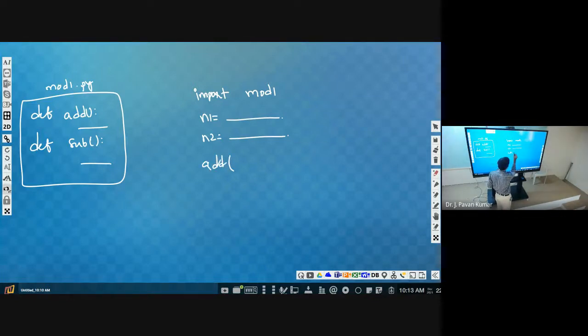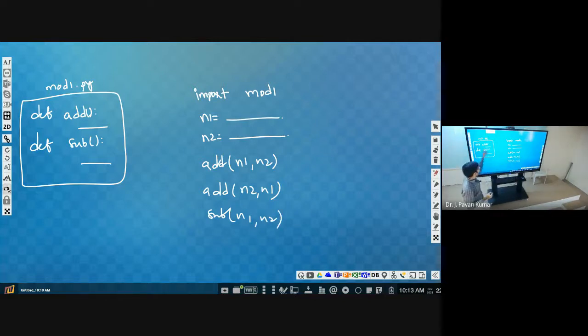Add we can call by passing n1, n2. Let us assume some parameters are there for add and subtract. Like this we can reuse the functions we have defined. That is the intention behind defining modules.